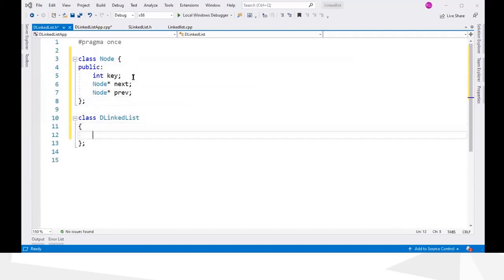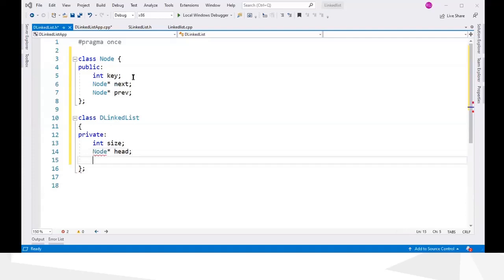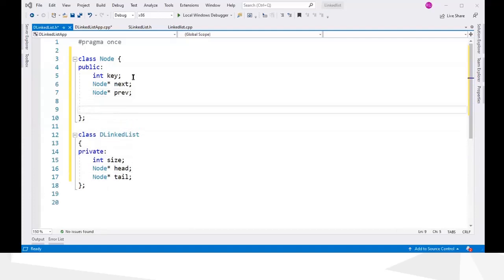And in this class also we have private int size, node pointer head, and node pointer tail, and here also we will have a constructor.